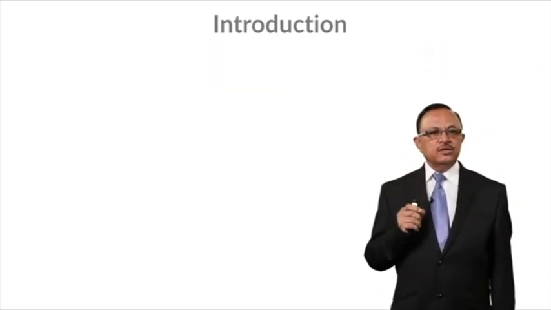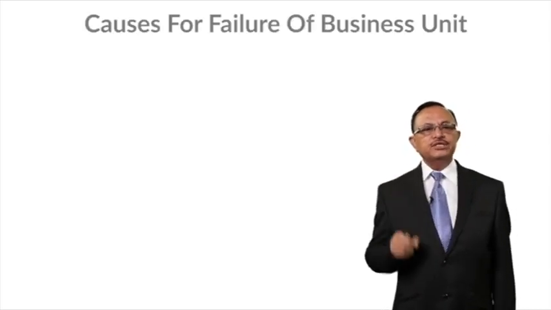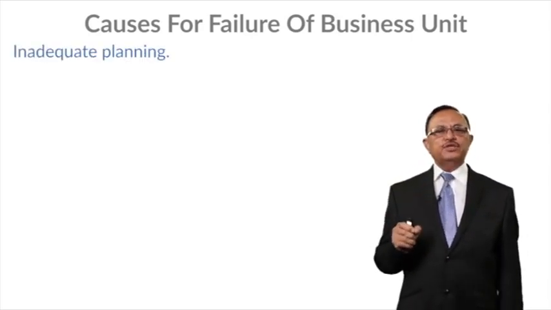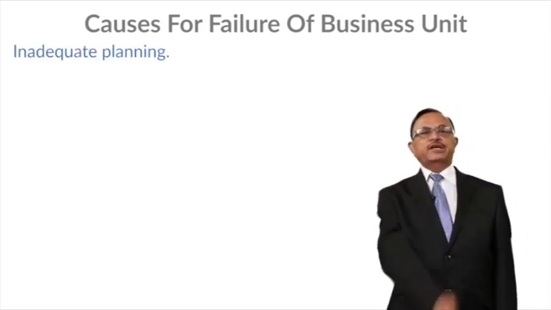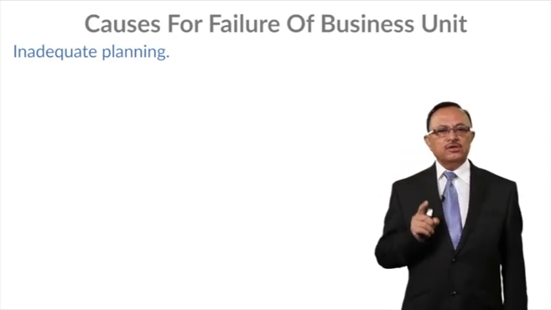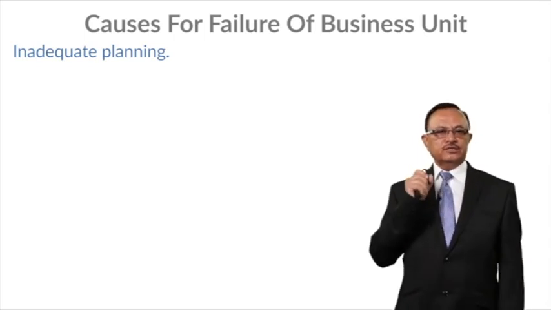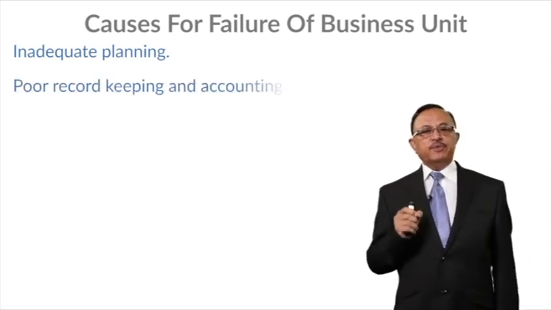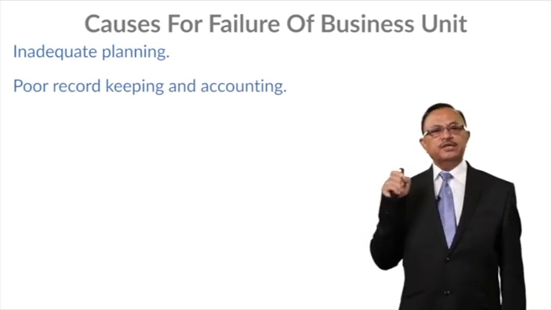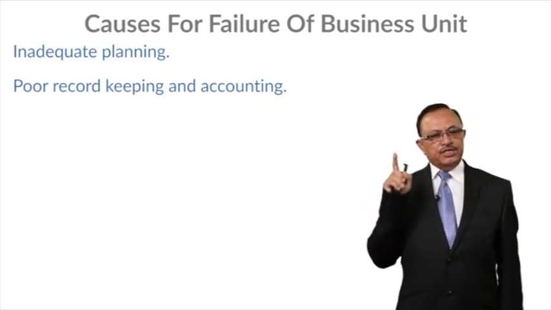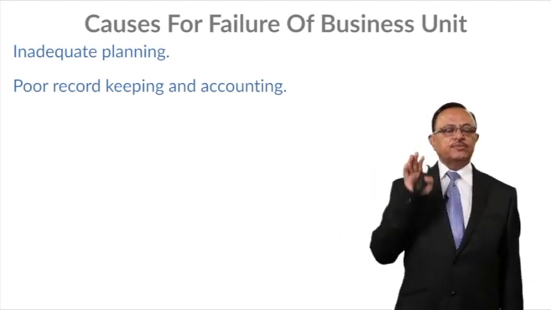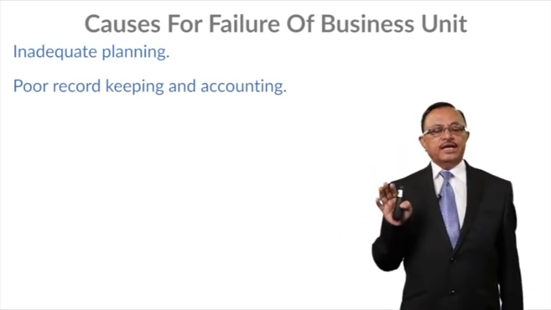First and foremost, we are going to consider why the business units fail. The first reason is that most of the entrepreneurs do inadequate planning. So, inadequate planning is the first cause in the failure of business units. Then record keeping and accounting is a very crucial aspect in business units. If the business units are not keeping their records or accounting their transactions in a proper manner, we call it a GAP,